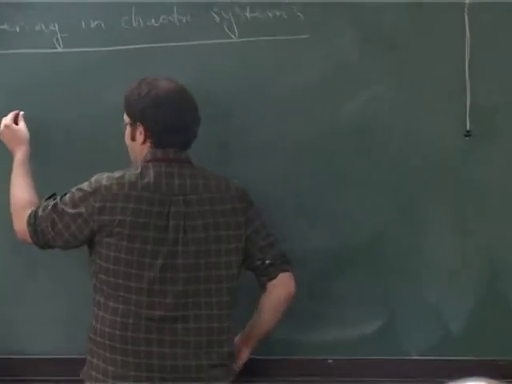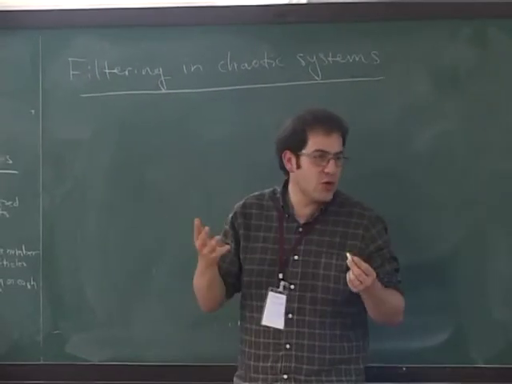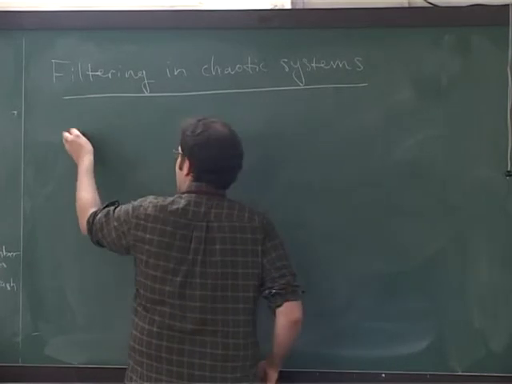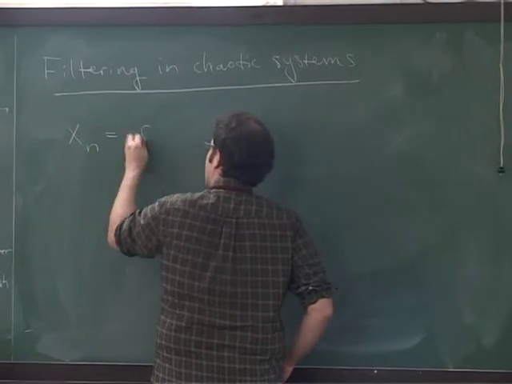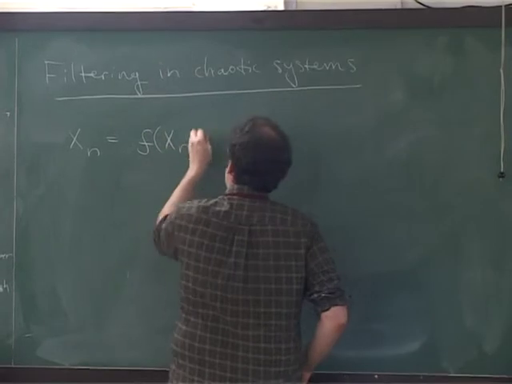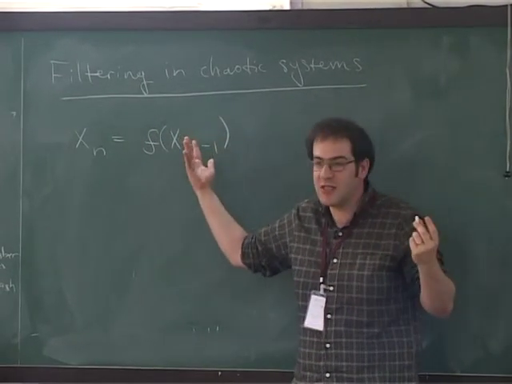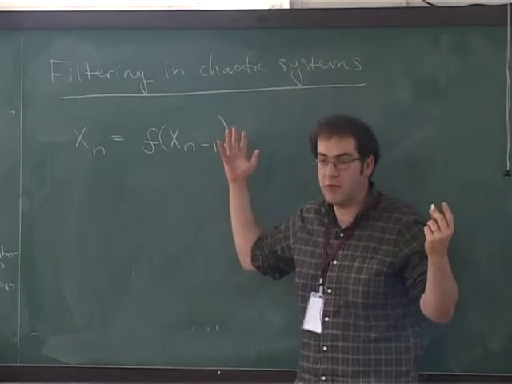So let's say that we have it, and I'll do it in discrete time, but you can do this in continuous time, which might be better. It doesn't really matter, right? So let's take a model. Xn is just a function of xn minus 1. And you might take some random initial condition, right? So this is a model that in data assimilation shows up a lot. Take it in one dimension, right?